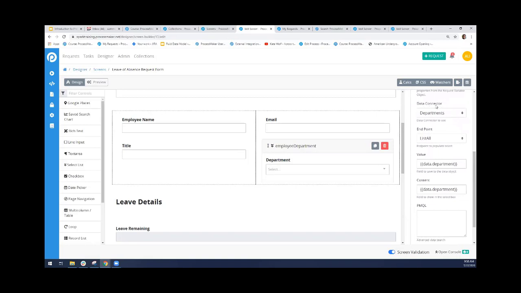So after you complete the collections lab, you're going to create this departments collection. Then you select the collection you want to use from the data connector dropdown. And then the endpoint is going to be list all for multiple records. And then the value is going to come from the property that's going to store that information. So in this case, I needed to use mustache syntax and then that data prefix plus the property that stores that information. In this case, I'm going to use the department name,